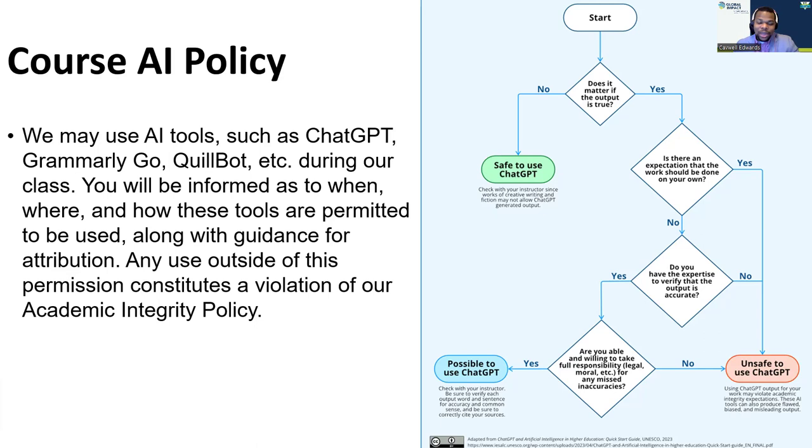Now you can substitute ChatGPT for another AI tool, possibly one that you are considering, and you can use this chart to evaluate how best you can integrate that into your class. This is a chart that you can share with your students, like I do, so they can check whether or not they should be using an AI tool for the assignment or the task that they're completing, based on answering these four questions.